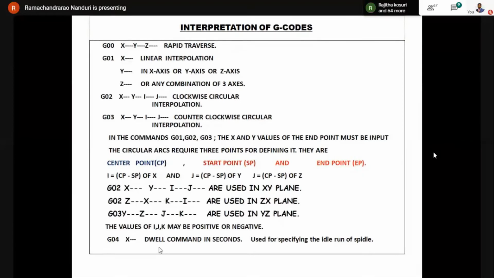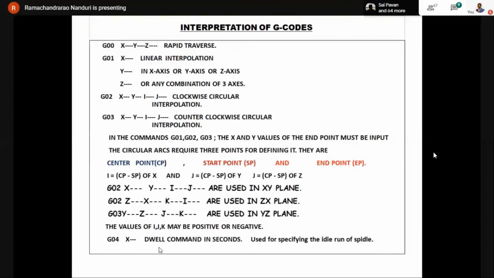That means for each second it will be rotating by 10 revolutions. So for 4 seconds it will be rotating by 40 rotations. So the spindle is instructed to rotate by 40 rotations and then come to a stop.